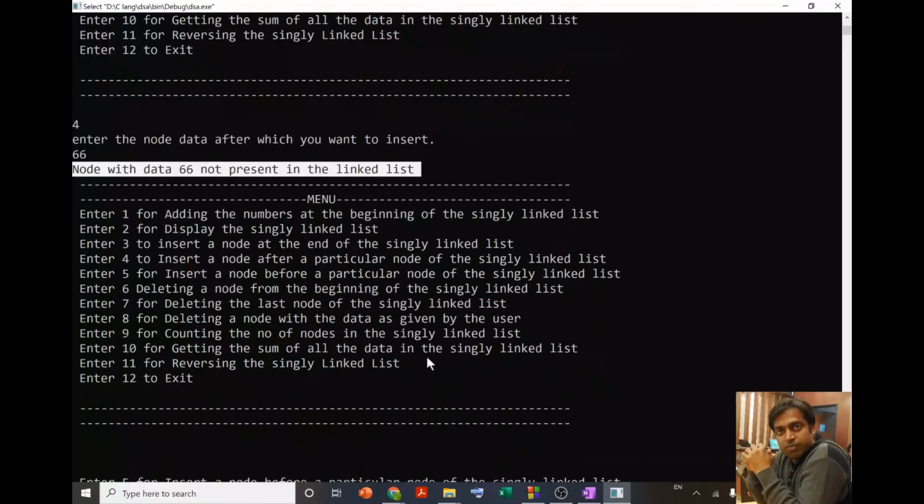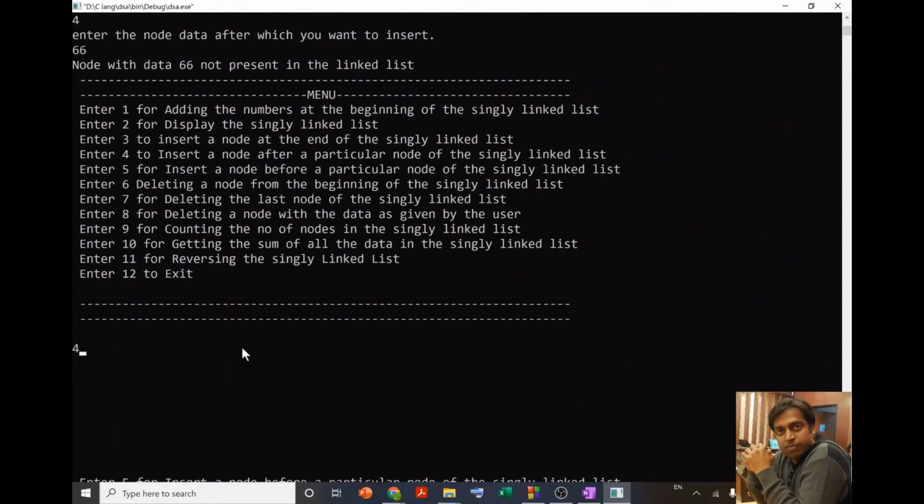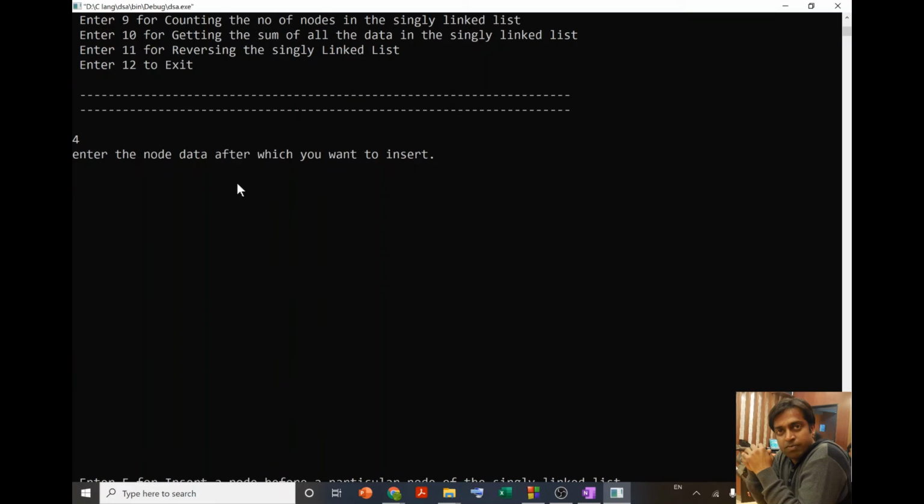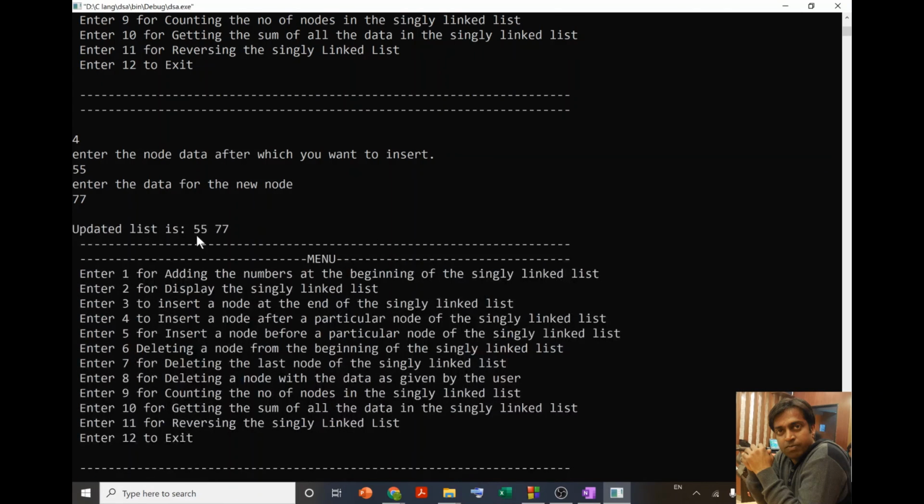So now let me again select 4, and this time let me enter 55, because our linked list contains only one data, that is 55. Now it is asking me to enter the data for the new node. If I now enter 77, you can see the updated list is 55, 77.